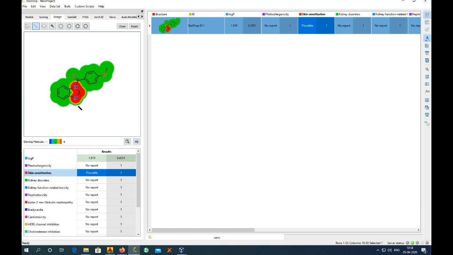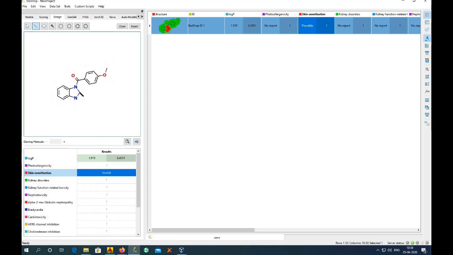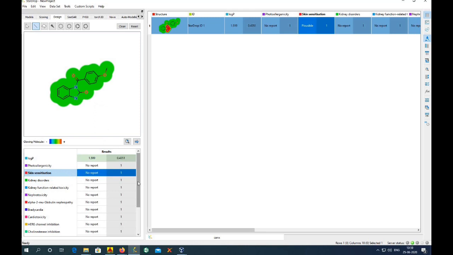By using these tools in the software, we can modify by applying bioisosterism, and we can reduce this toxicity. Here I am applying an OH group at this position. By applying this OH group, I am checking the toxicity of this molecule, so automatically it is going to run and give the toxic profile. Here you can observe that by addition of this OH group, the skin sensitization is completely reduced.